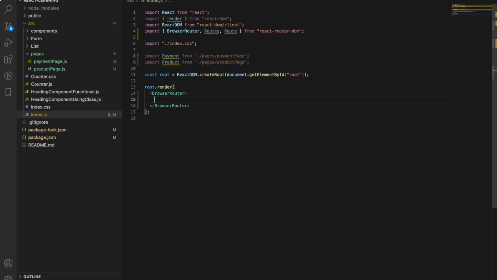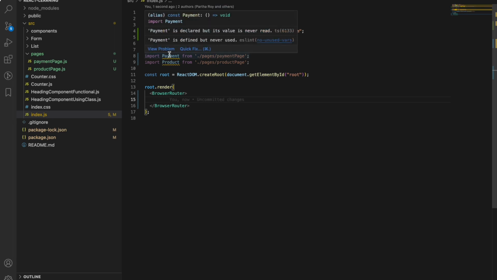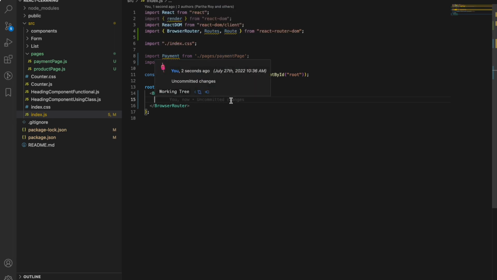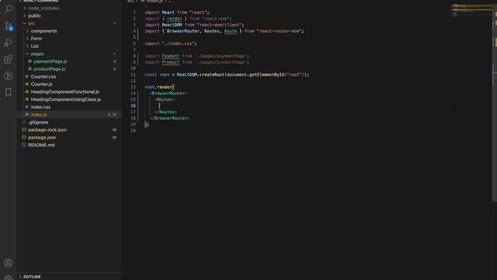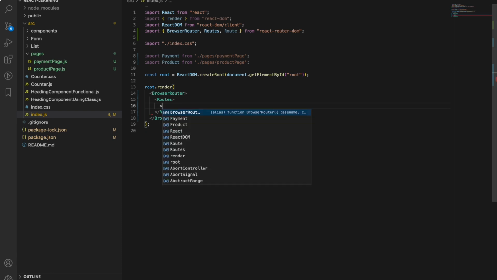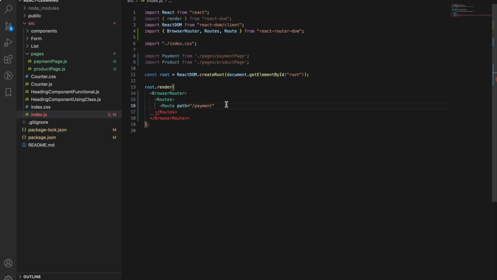Now after that, inside that we have multiple routes, right? One route, second route, two routes we have. So that's why what we'll do is, here we'll put routes. Then inside routes we need to specify each route one by one. Then we have to specify the path. So say for example, this payment component should be available in the path of payment. That's what, right? So we are keeping it here, as well as in this particular path what component should be